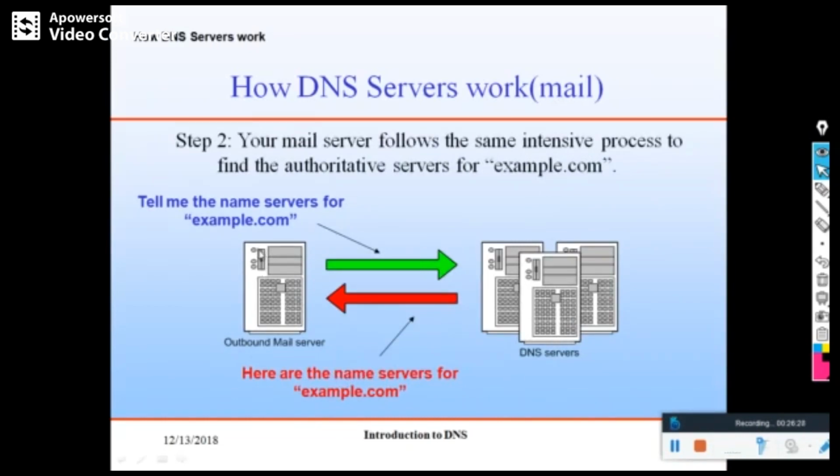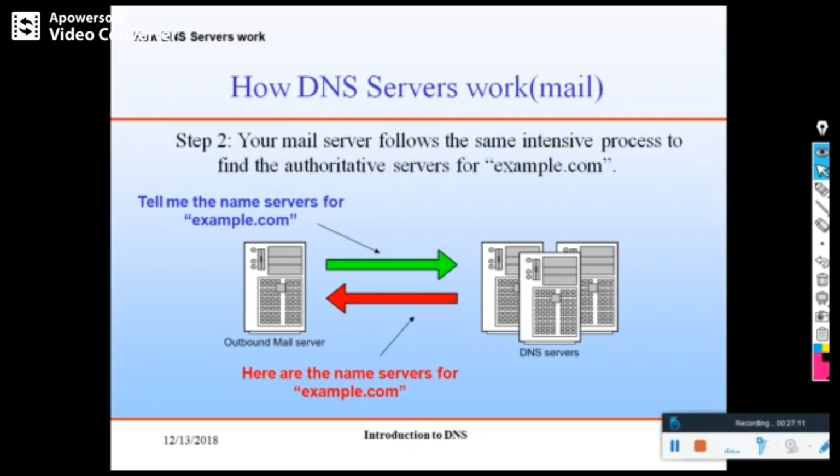Before sending mail to the example.com mail server, your mail server, that means you have an account with Google Mail, for example a@gmail.com, you have one mailbox in the Google mail server, and your mail goes from there. First your Google mail server tries to resolve the name of example.com. So it will ask the local ISP DNS server first.